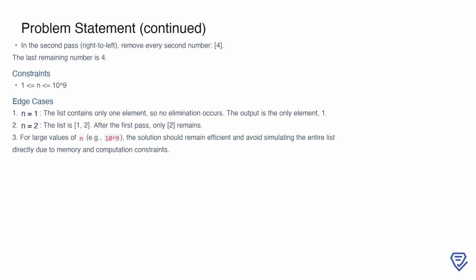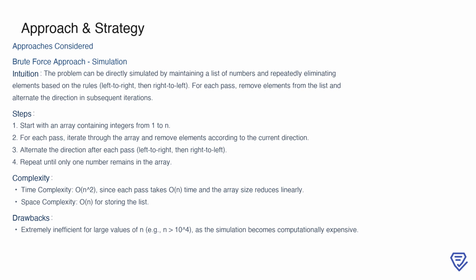For large values of n, such as 10 to the power of 9, it's critical to avoid simulating the entire list directly due to memory and computation limitations. The solution must use a more efficient approach to determine the last remaining number without explicitly constructing or iterating over such a massive list. To approach this problem, one way to think about it is through a simulation-based brute force